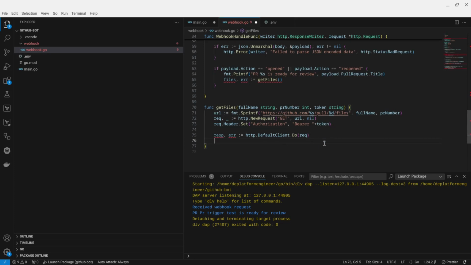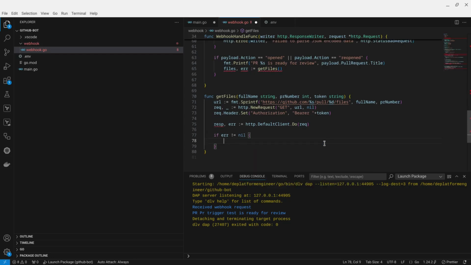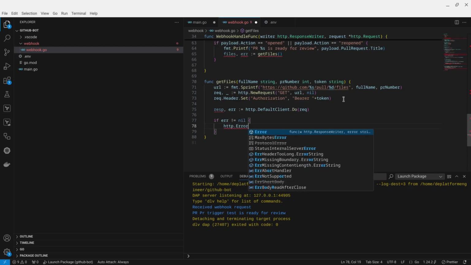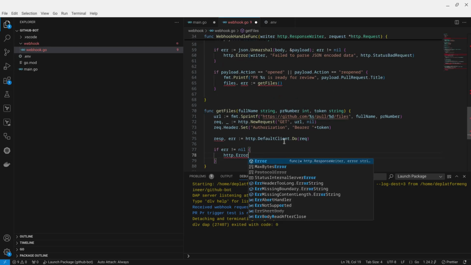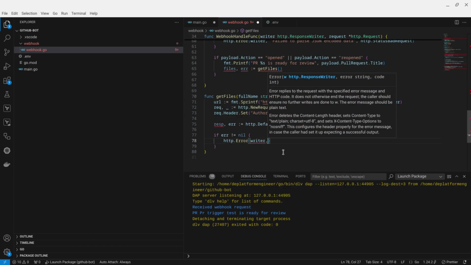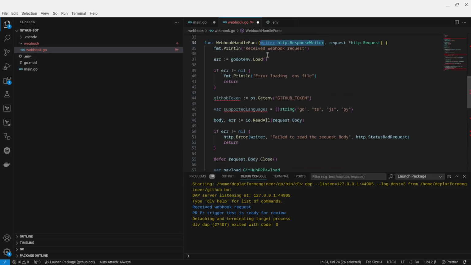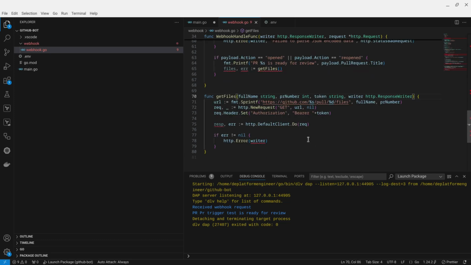So the errors are expected. Let's do some error handling again here. If the error doesn't equal nil, then we're going to throw an HTTP error just like we did in the past. So HTTP error. And it's basically the same thing that we're seeing here. So we need the writer. The writer again needs to be passed in, so let's copy this over and pass this in here. Now that we have the writer, we're going to pass an error message, and in the error message we're going to say